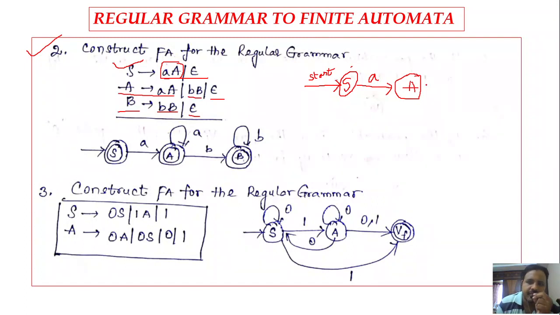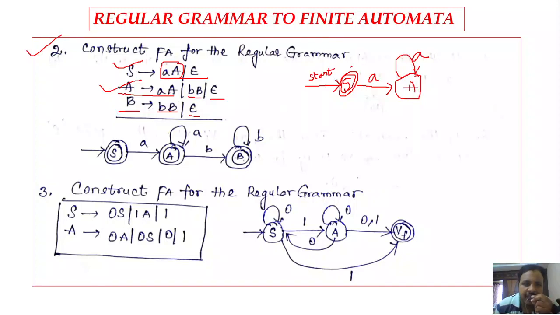Next, S denotes epsilon. S denotes epsilon means we are applying that last rule in which the variable or the same state will become the final state. So S will become the final state because S is denoting epsilon. So for the S productions we have specified the states and transitions. Next, let us move towards the next variable. Capital A denotes small a capital A. Take the state A, there must be a transition on a and it must end at A only. So from A on small a, there is a self transition.